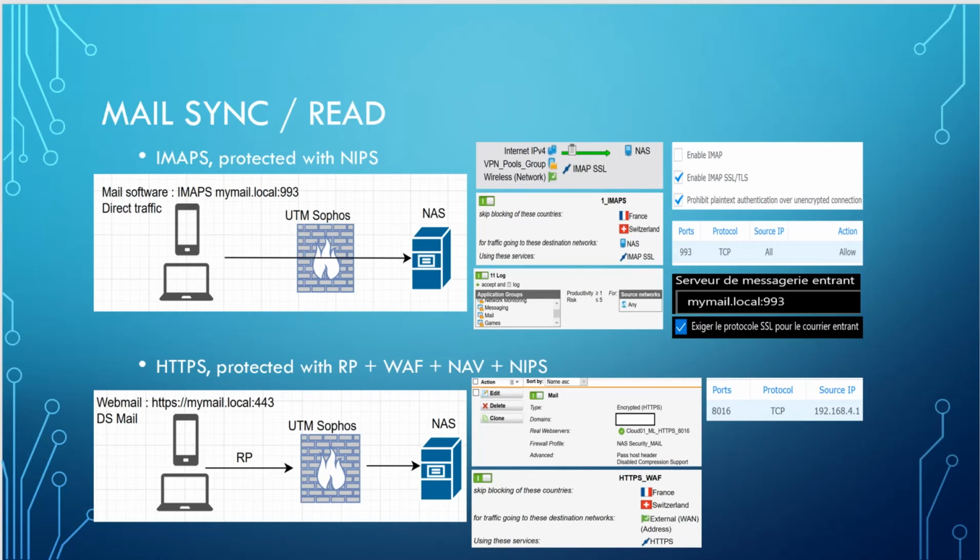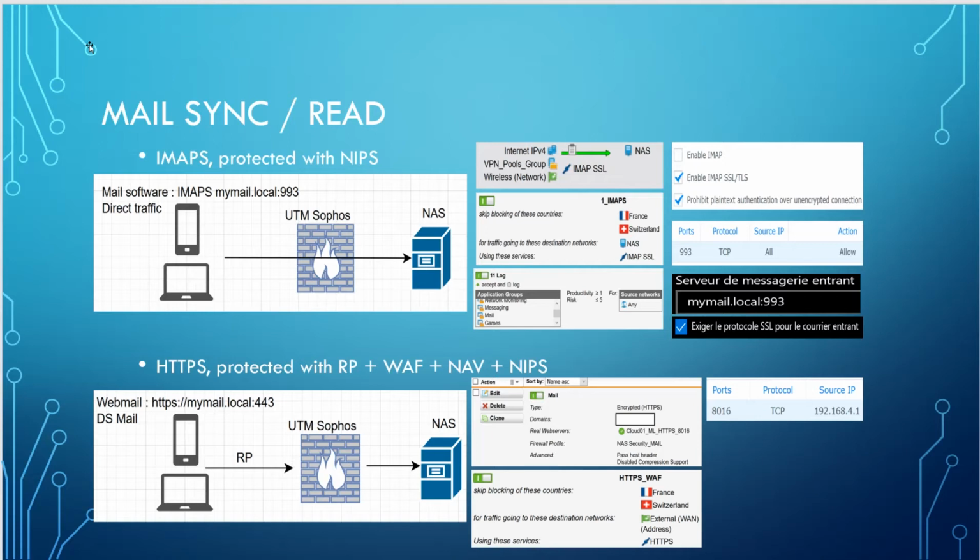So we have this direct connection to my NAS with the IMAP-S port. The IMAP traffic can't be reverse proxied, so it's a direct connection. In my firewall rule, I'm authorizing the internet to connect to my NAS with the IMAP-S port. I also have a country blocking restriction, so that only France and Switzerland can connect to the NAS with this service. And we have the application control rule, which says that I'm authorizing the mail protocols to be used in my